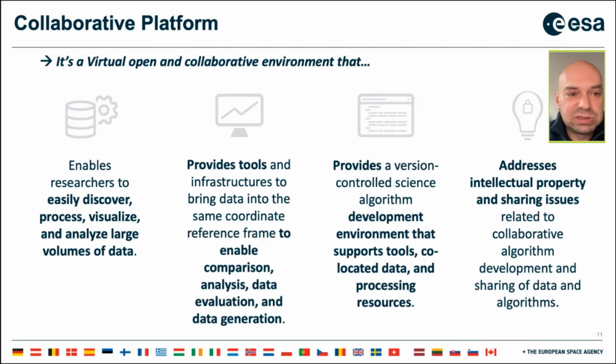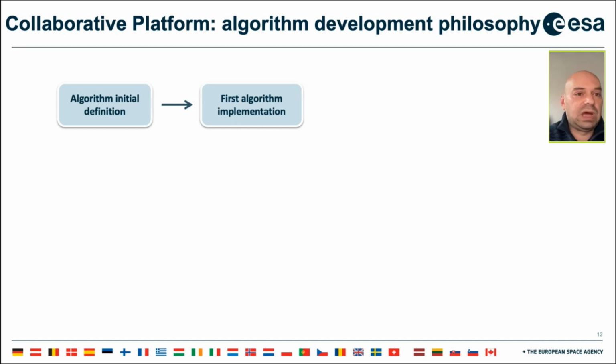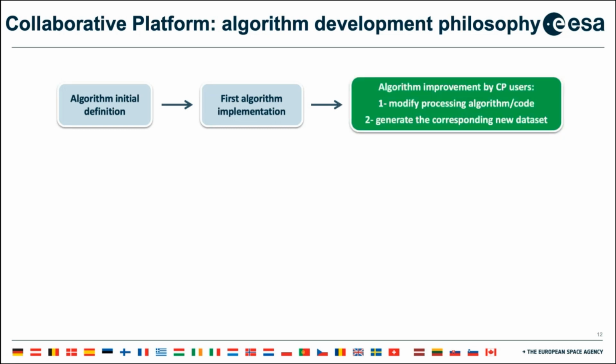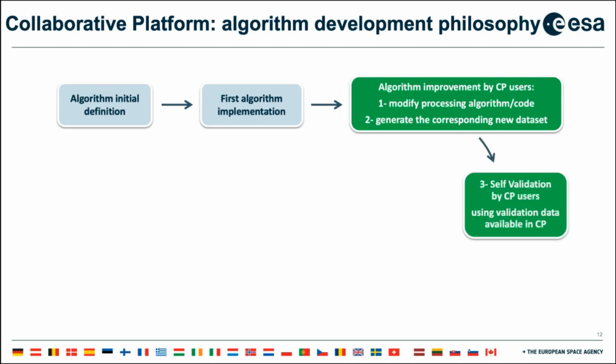One of the main functionalities of the collaborative platform, as I was mentioning, will be the openness of the algorithm development. So let's call it algorithm development philosophy. One of the main functionalities is to implement this philosophy. In a normal development of an operational processor, you have an algorithm initial definition, then a first implementation. But the collaborative platform brings the users into this process. So the users can modify the code, they can generate a new corresponding data set,